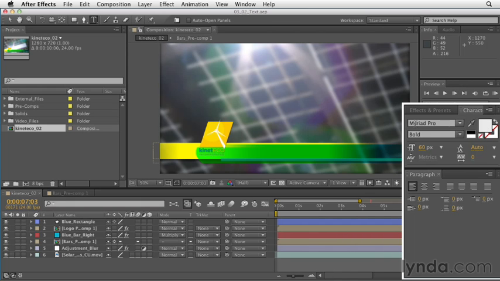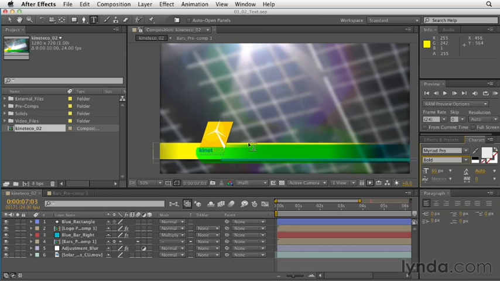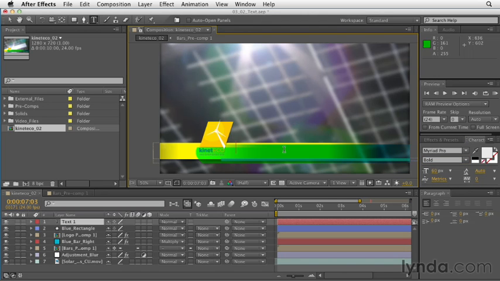The typeface we'll use is Myriad Pro, and we'll use the bold style. If yours isn't bold already, go ahead and click on that pull down and choose bold. Now, when you hover your mouse over the viewer, you should see the eyebar with a box around it. This lets us know where we're going to set our text. So let's click just to the right of our logo in the bar, and now you can see a cursor has appeared. So we're ready to start typing. I'm going to add the name Charlie